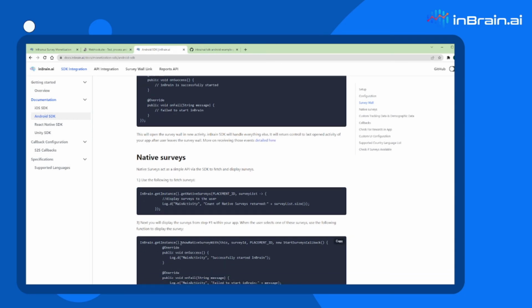Right here, show native surveys. Sorry, I scrolled on by it. So you'll basically fetch the surveys, and then there will be an ID associated with each survey. And then when the user clicks on one of those surveys, you'll actually call show native survey and pass that ID